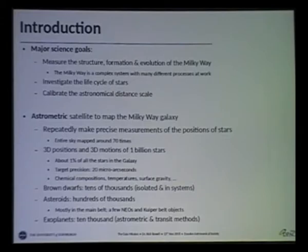The gas experiences pressure forces as it collides and mixes. There are magnetic fields in there. And trying to understand all of these different processes in one coherent picture, how they work together to build a galaxy like ours, is the overall scientific aim of Gaia. Along the way we'll also